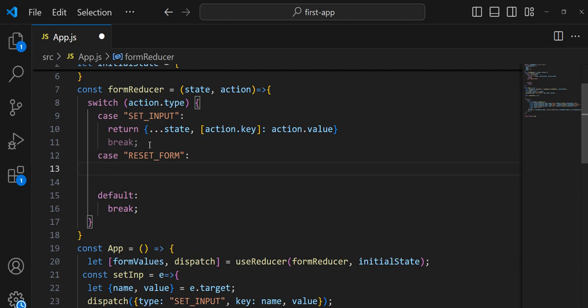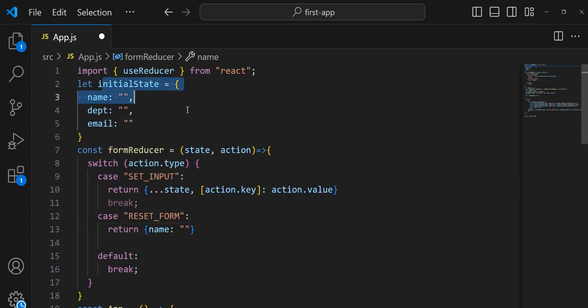Return. So what do we want to do here? We want to say let your name be back to empty string. So instead of writing all of this, department to be empty string, email to be empty string, we can just use this initial state. Return initial state. Do you understand? Since this already has that empty string, instead of rewriting it, we can just say return initial state. Now for our default value,